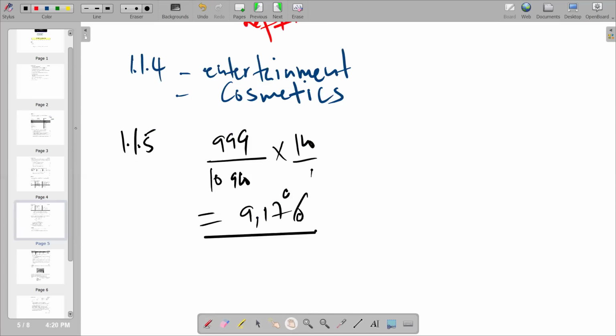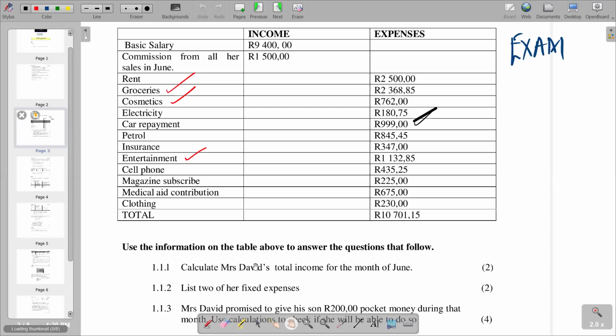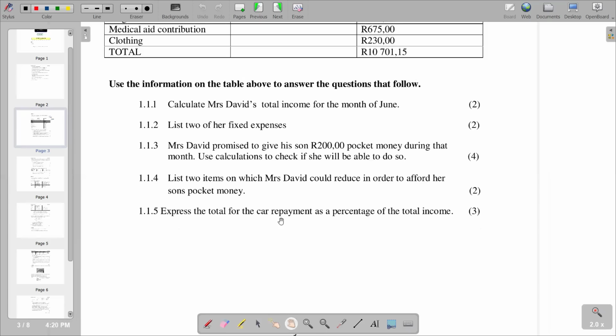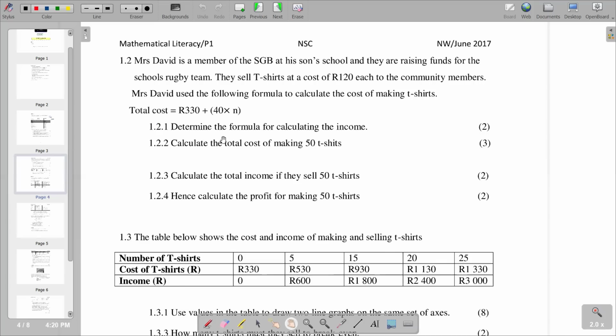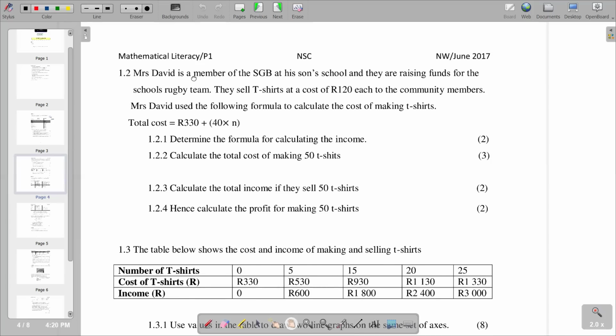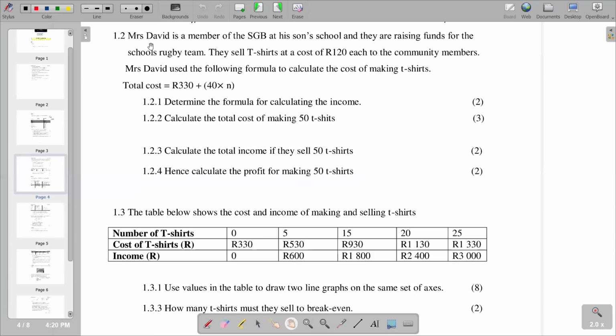So that's what we have. We move on to the next part. Remember, this is the last question that we have on this page. We go to the next page. We are given 1.2. 1.2 reads, Miss David is a member of the SGB at his son's school, and they are raising funds for